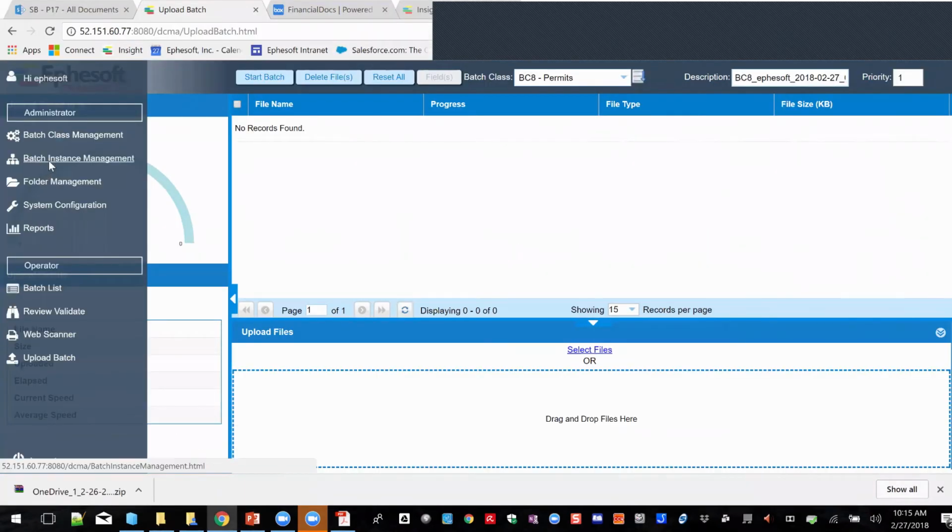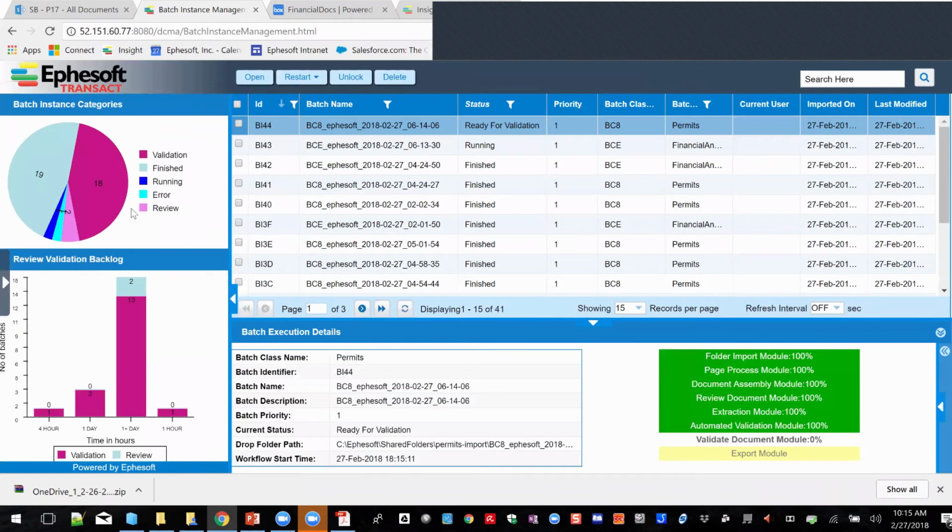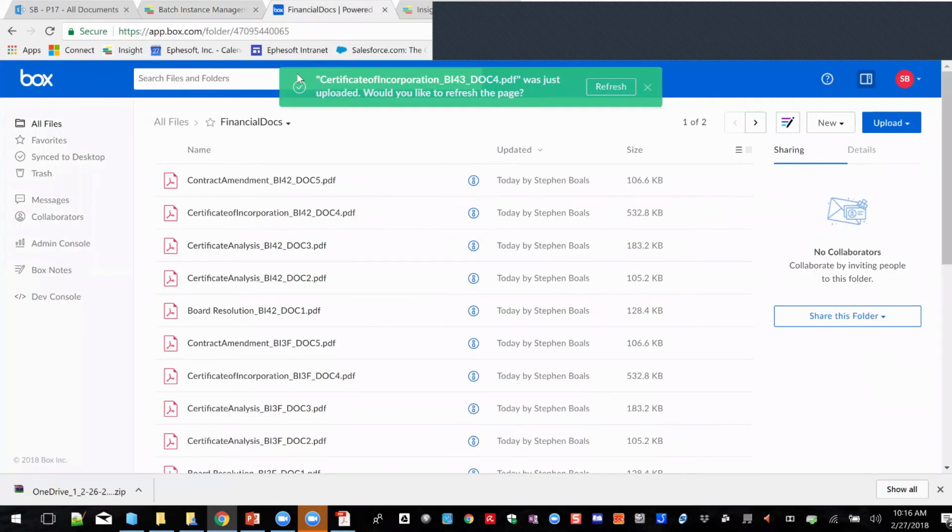I'm going to check on the status of those two processes. I'm going to open up what we call batch instance management, which gives you a representation of the workflow. You can see here that my permits are running, and I've also got those finance documents queued up for validation. So if I flip over to Box and show you the end result, what you can see here is